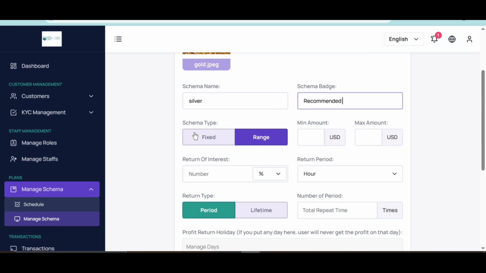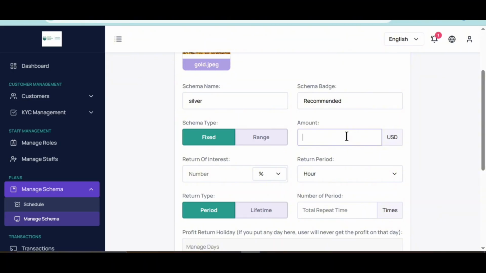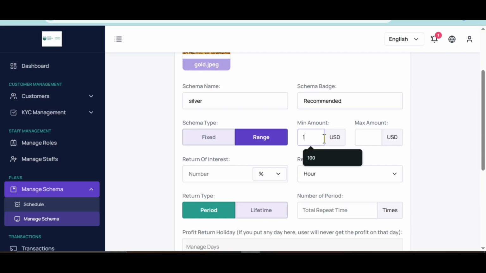Then next, you have your schema type. It's asking what kind of plan do you want. Do you want people to have a fixed amount, so that if they want to invest, they can only invest $100 or 200? If you keep it in range, it means okay, they can invest between 100 to, let's say, $1,000. You can put more, so they can invest 100, 150, 200, between that range, but they cannot invest past 1,000 or below